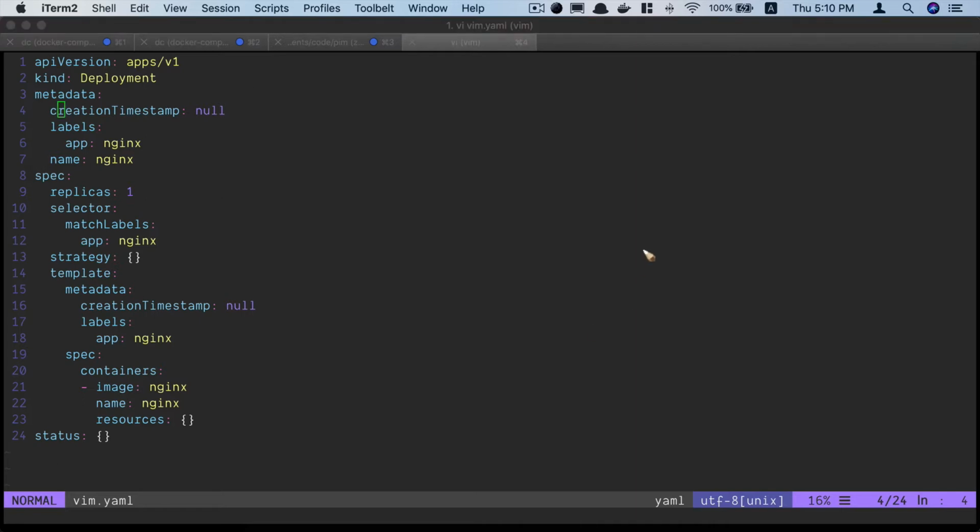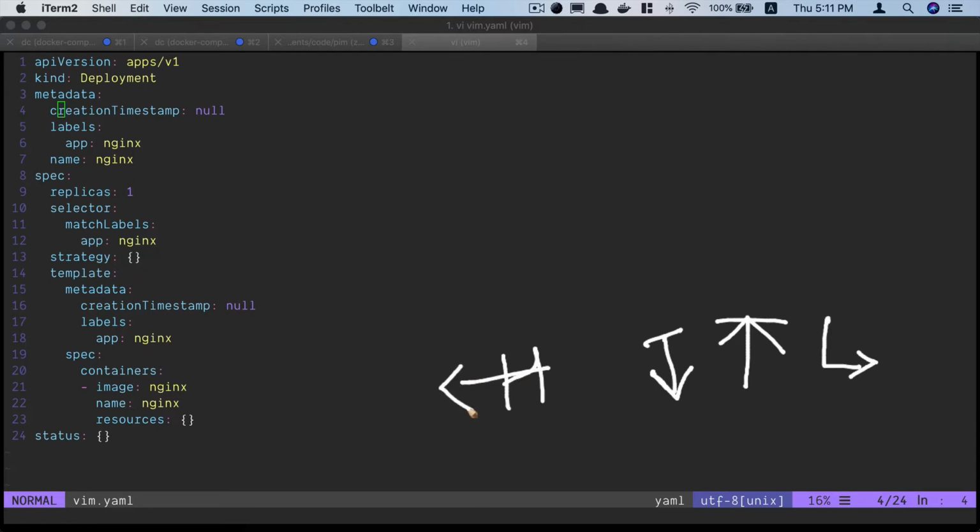I know it is quite confusing, and initially when I learned, I was very confused. So what helped me was to think of J like a downward pointing arrow, because of the shape of J, it is downward pointing. Similarly, if you rotate K, it becomes like this, and you can imagine it facing upwards, and K helps you navigate upwards. Then you have L, and if you add the arrow towards the end, you can see that it is pointed to the right. And with the H, if you just extend this and put the arrow there, you can imagine it pointing to the left.